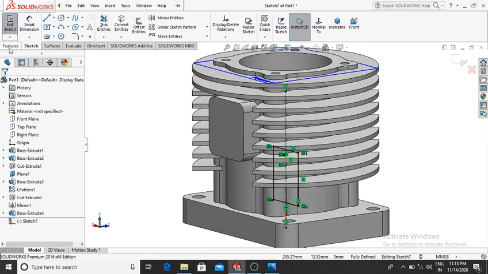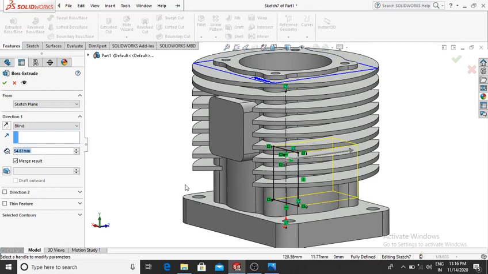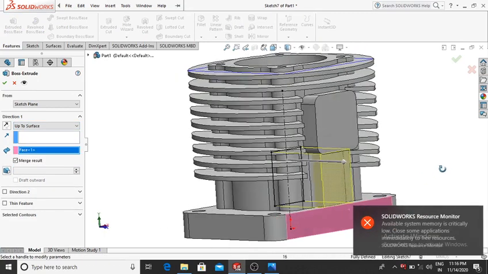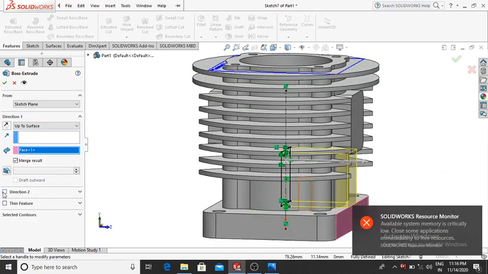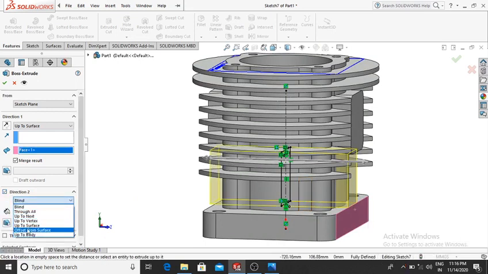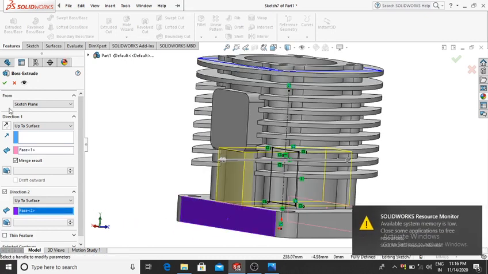Go to the features, select extrude boss base and extrude up to, again go to the direction tool and make it up to surface and select this surface, then OK.